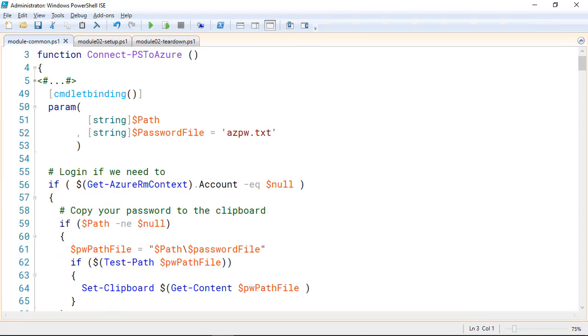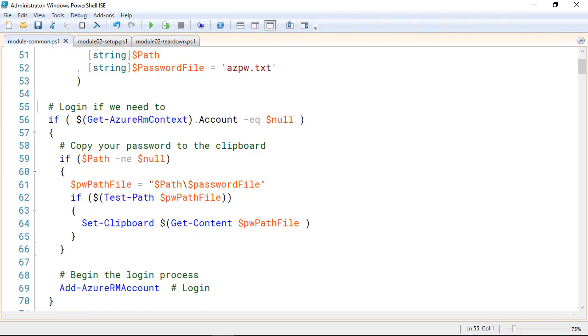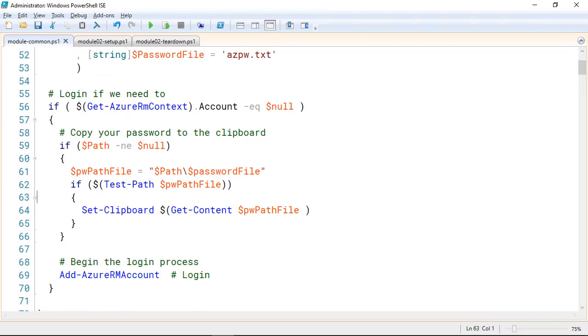Here's the function, and it's pretty straightforward. I'm going to admit, kind of lazy. The reason I did it this way is so that I wouldn't have to keep typing in my really long 20-some-odd character password that is just gibberish. So what I do is I pass in the path and the name of my password file, and then I copy that into memory, and I use Set-Clipboard